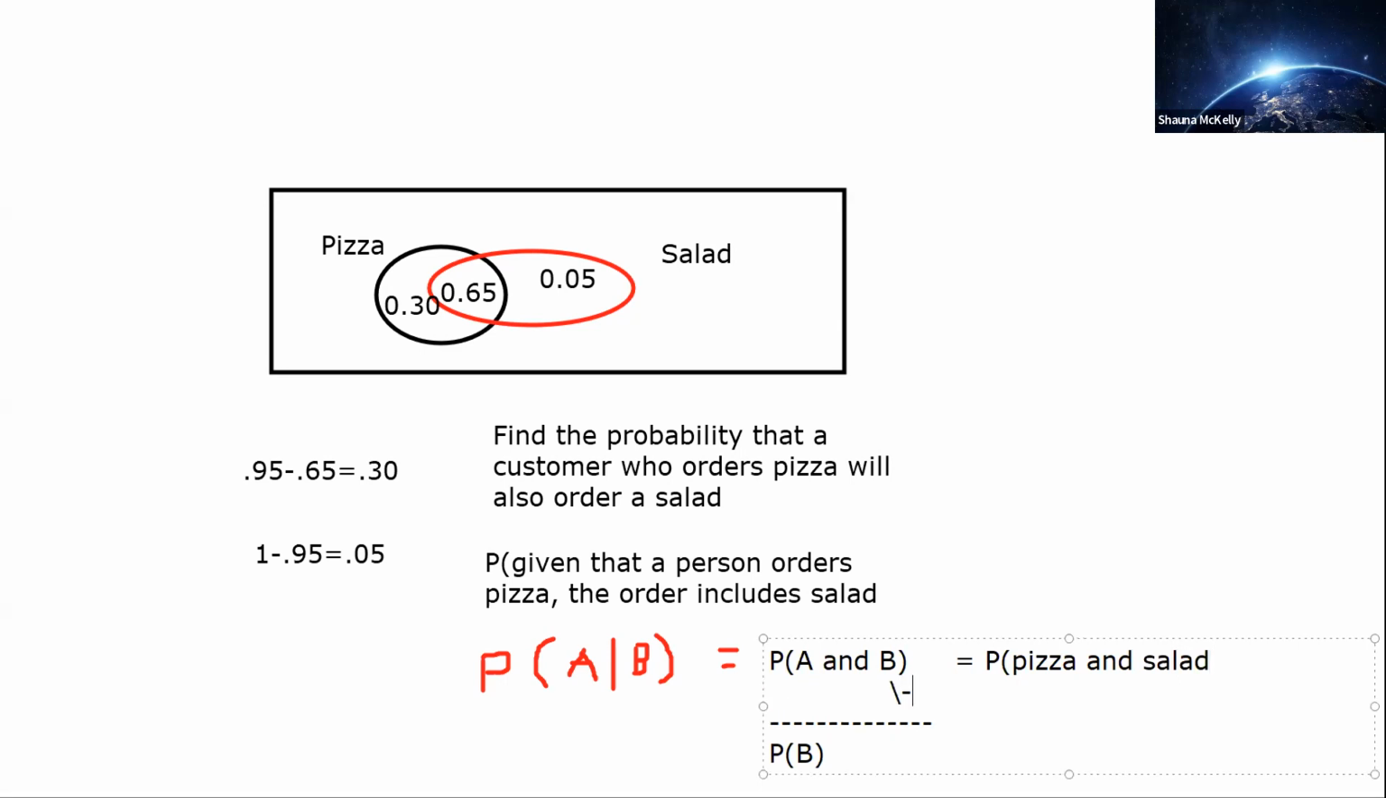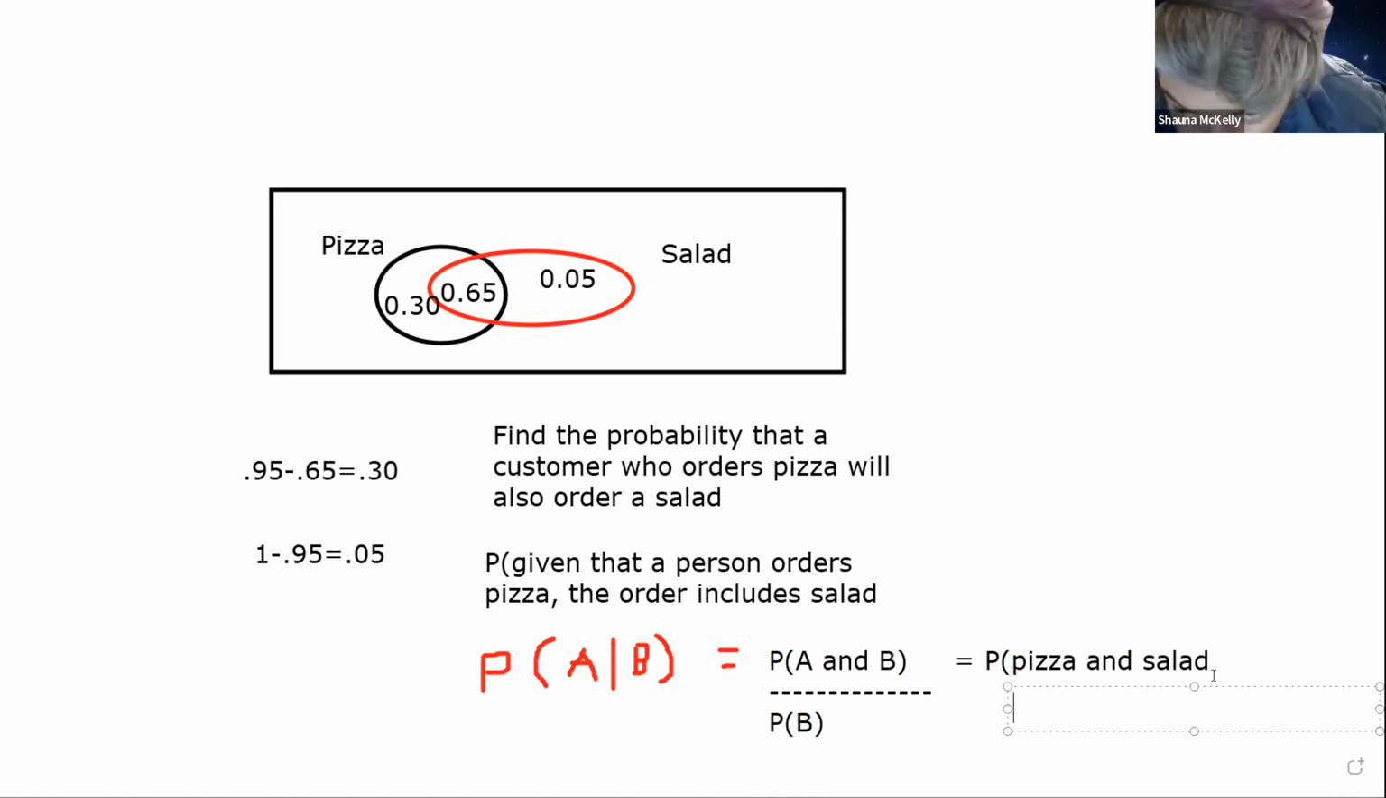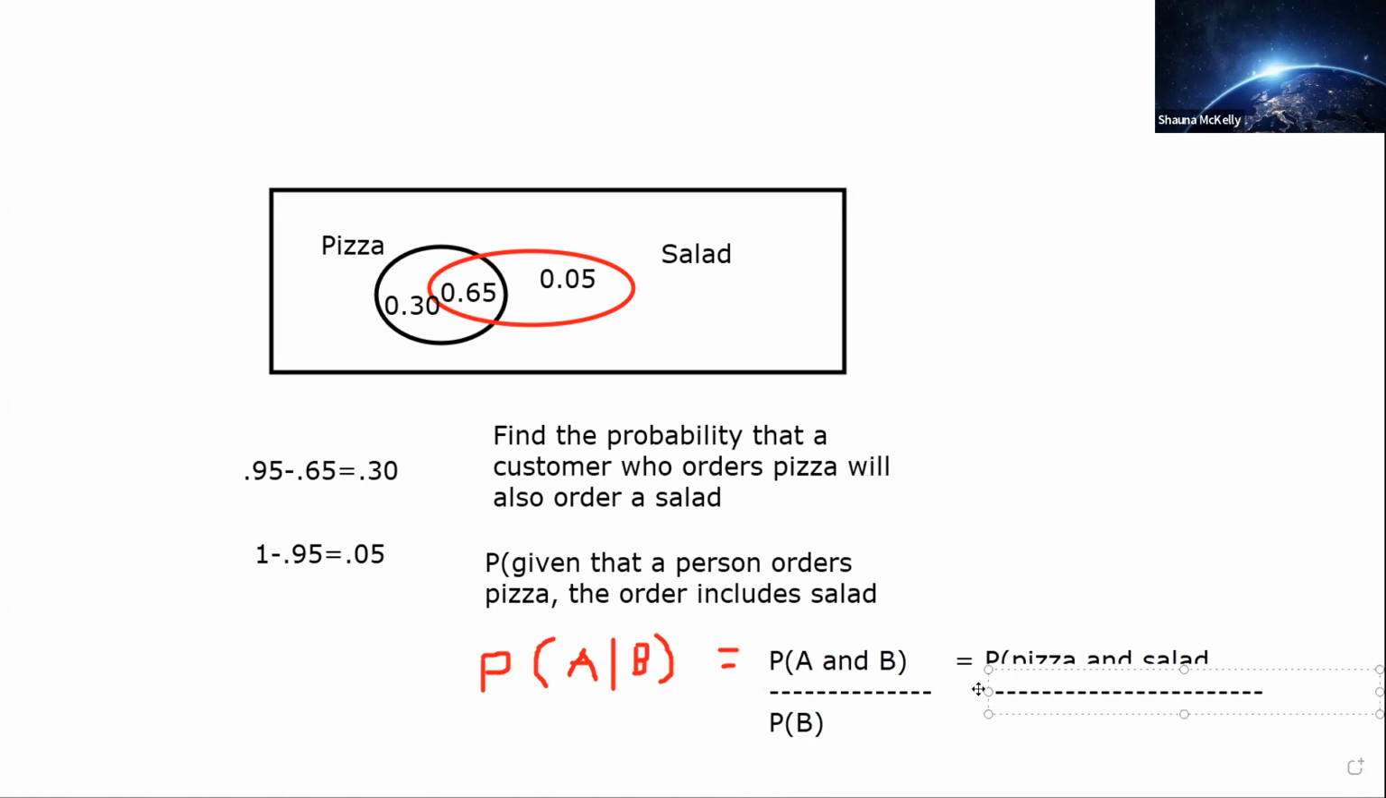divided by, hold on, having some technical difficulties with my Zoom text box. Give me a minute here. This is the probability of pizza and salad, and we're going to divide that by the probability of ordering a pizza. Okay, so